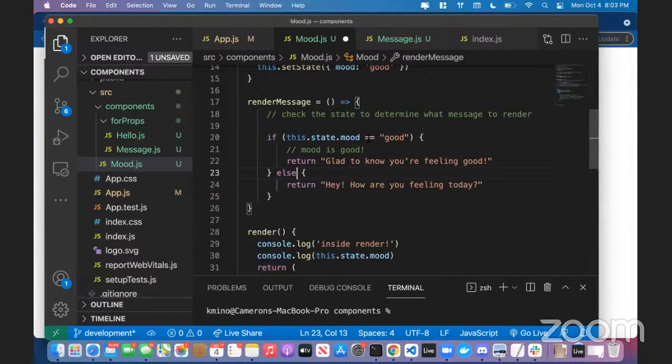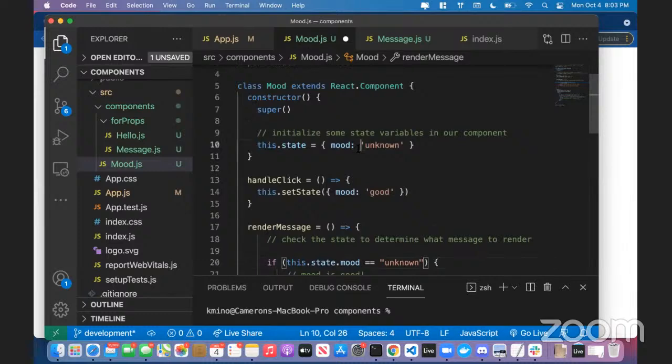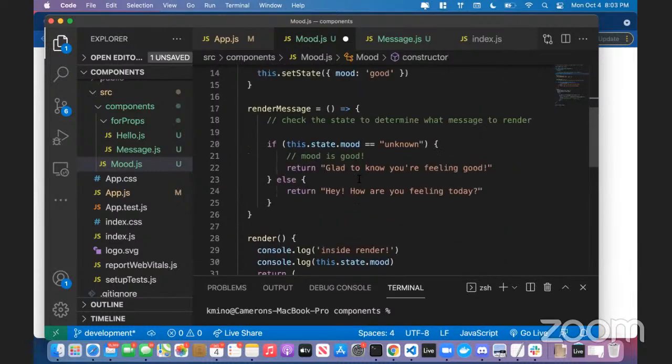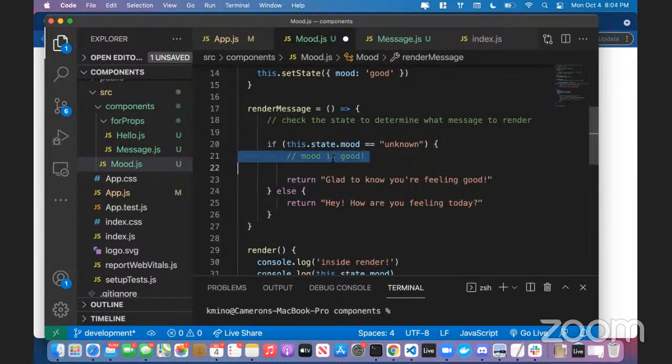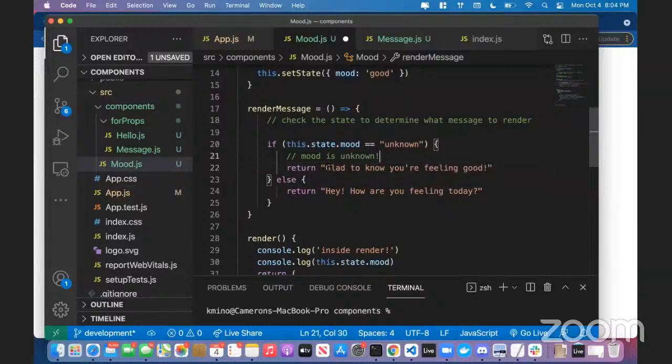So let's say if this state mood, instead of it being set equal to good to start, let's say if this state mood is equal to unknown, right? So our default state. I'm just going to swap what was in this if with what was in the else. I'm going to say mood is unknown, and I'm going to return